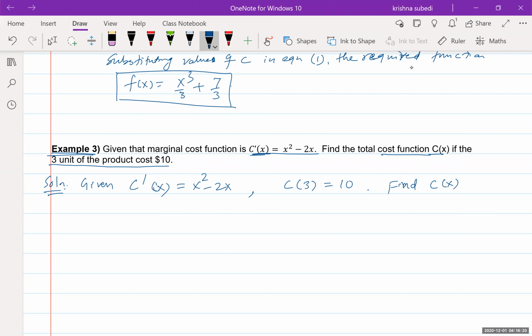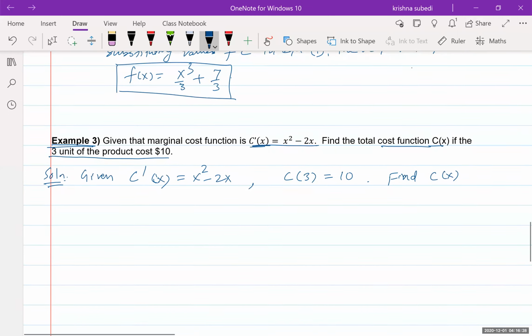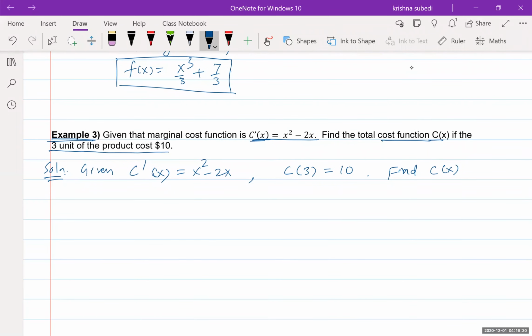Guys, can you try this? It's pretty much the same thing that we did earlier. So I trust that you'll be able to do it, but let's complete it just for fun, okay? We know